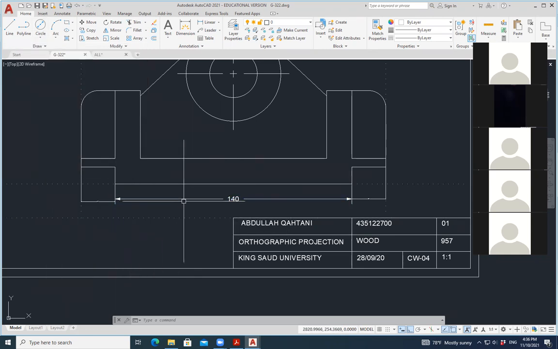There is one more command. If you change the line once,